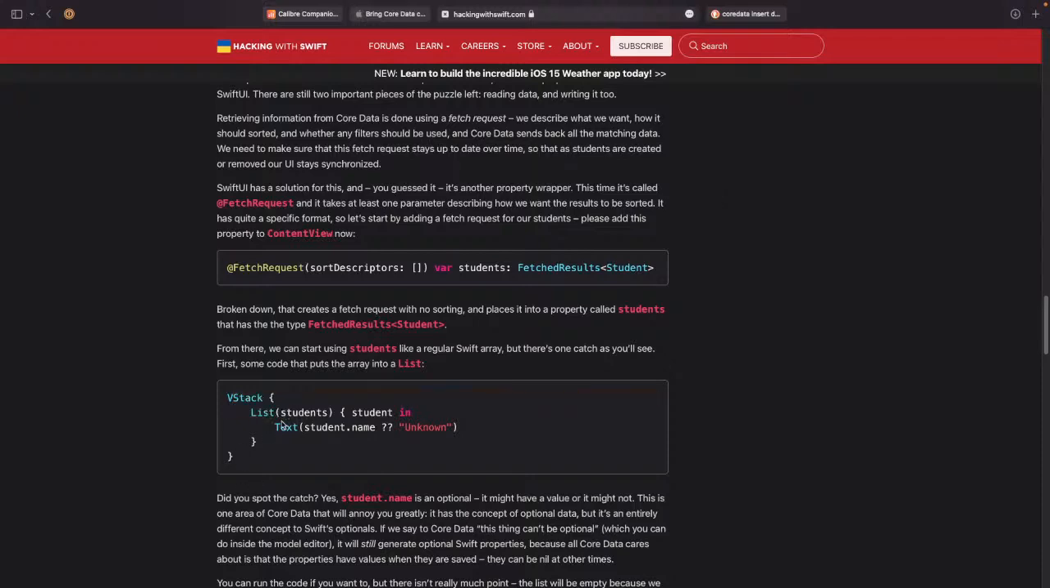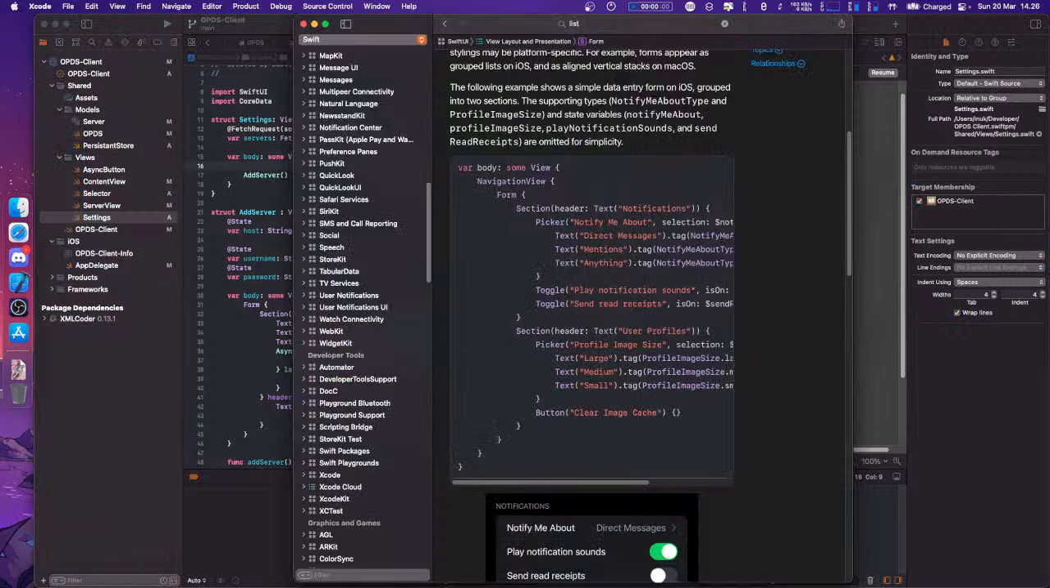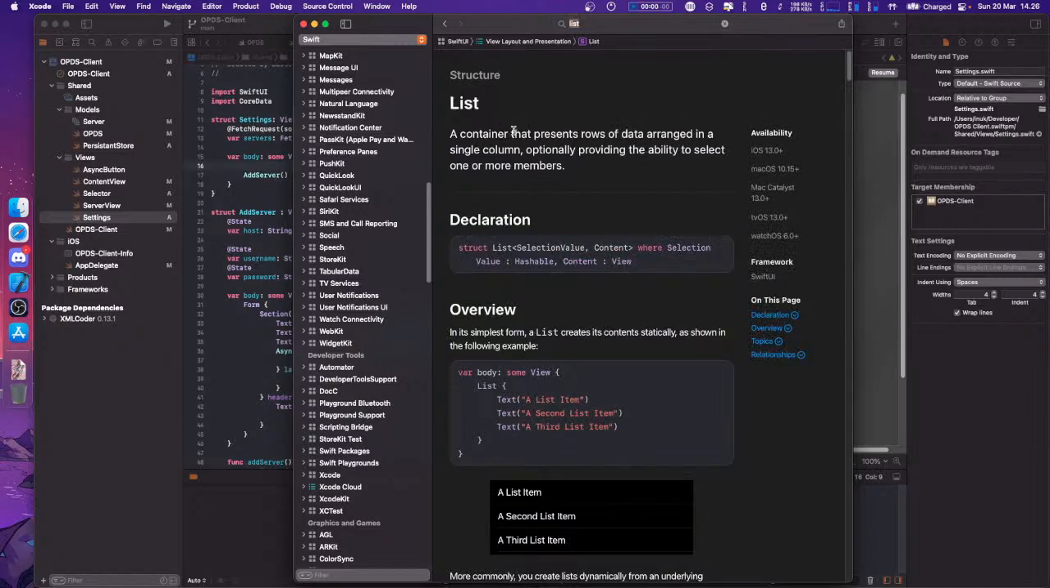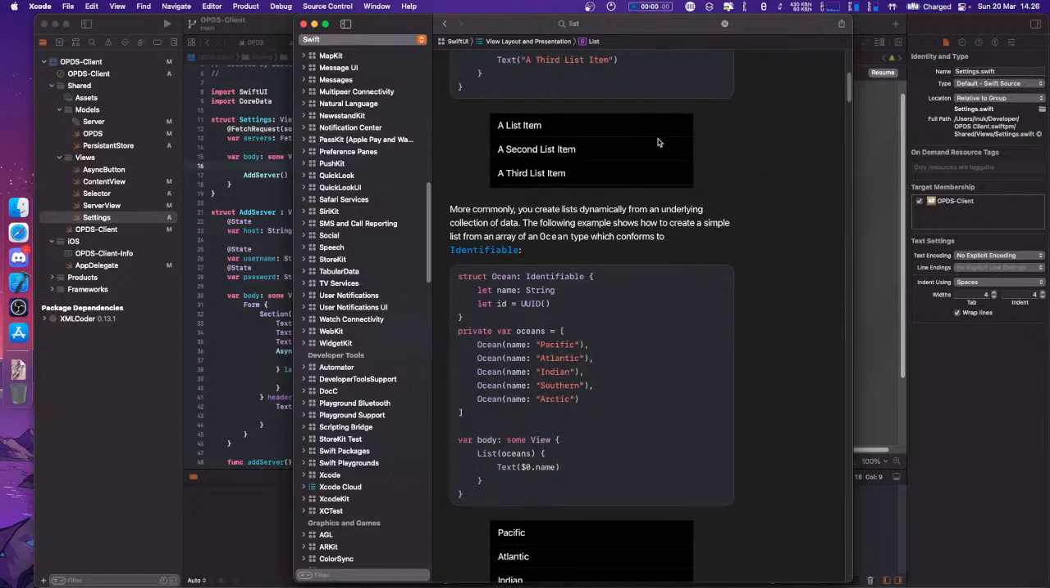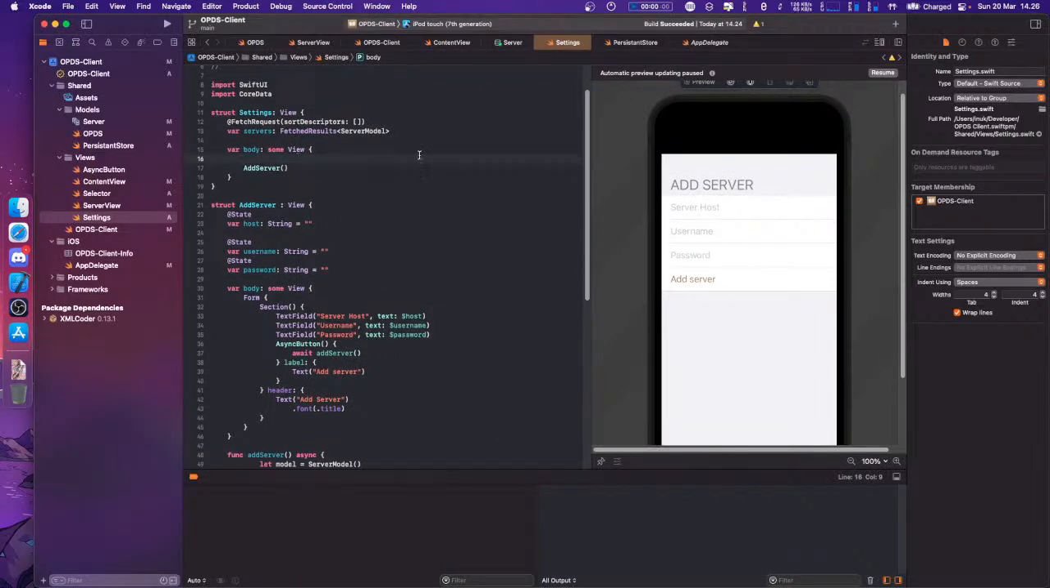So we need a VStack and we need a list. Okay, cool. What's the difference between a list and a VStack? I actually don't know what a list is. Developer documentation. List. What is a list? A container that presents rows of data arranged in a single column, optionally providing the ability to select one or more members. Helpful, not at all. So what I'm gonna do is I'm gonna make a section and